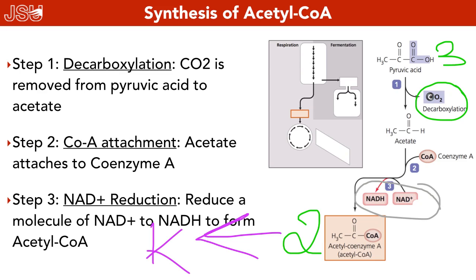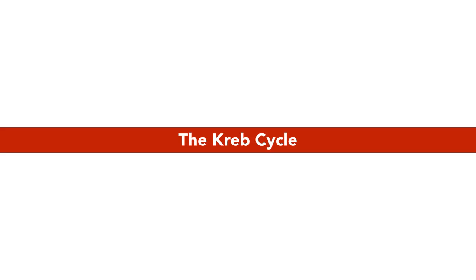But we have to do this before we go in the Kreb cycle. It's like you ever see those no admittance signs? No one allowed. Well, this one is pyruvate is not allowed in the Kreb cycle. It has to have a carbon removed to make acetyl-CoA so it can enter the Kreb cycle. That's the point. Okay. So now we are going to the Kreb cycle.